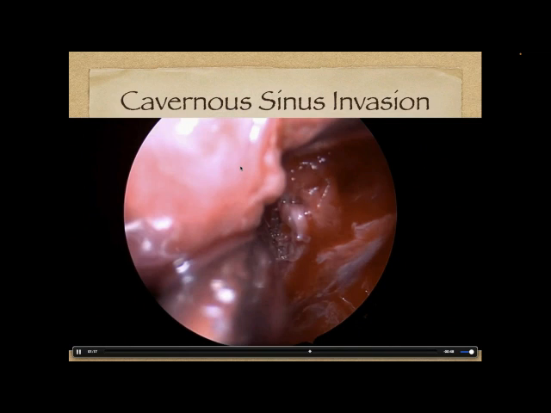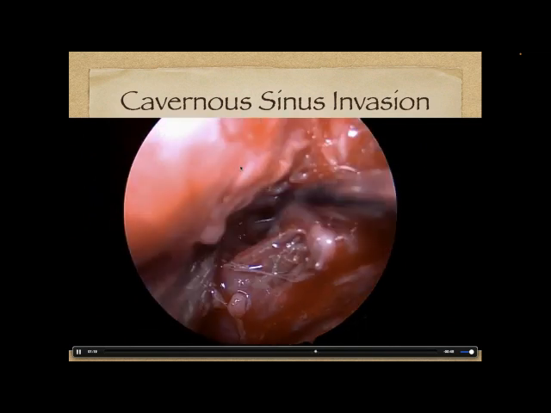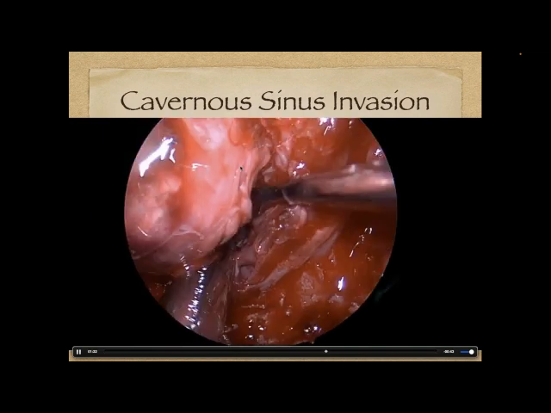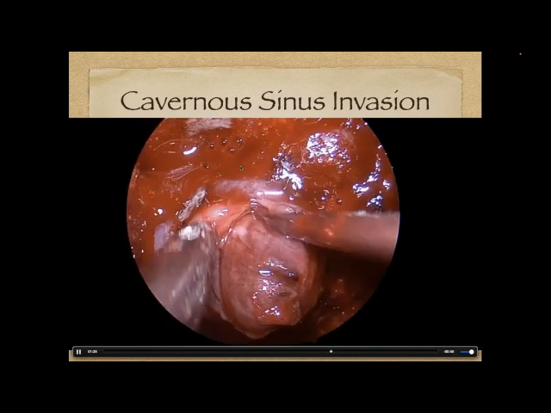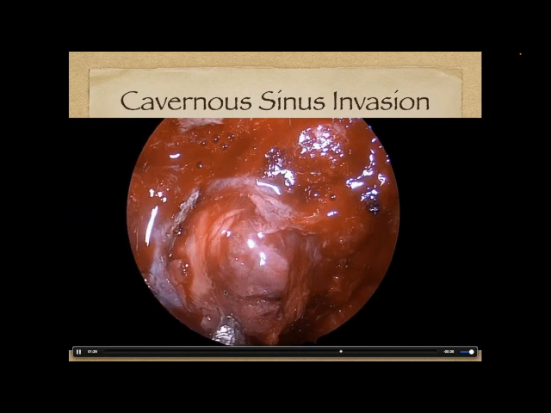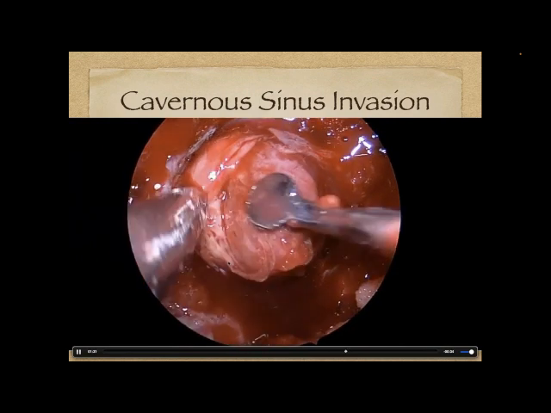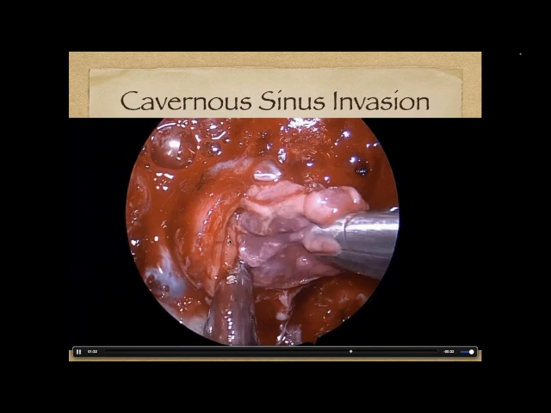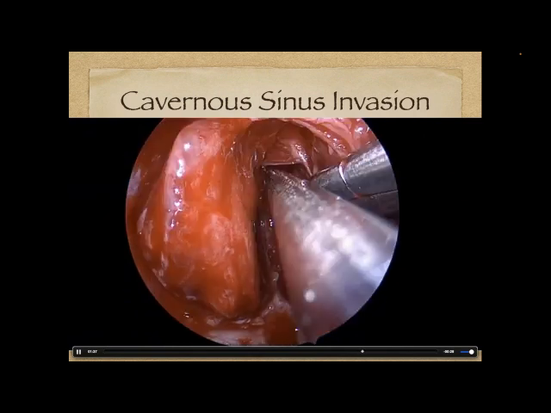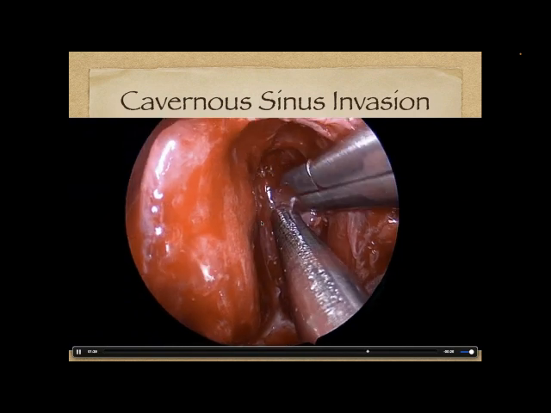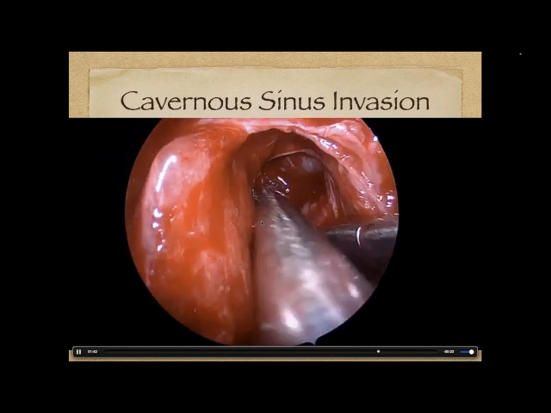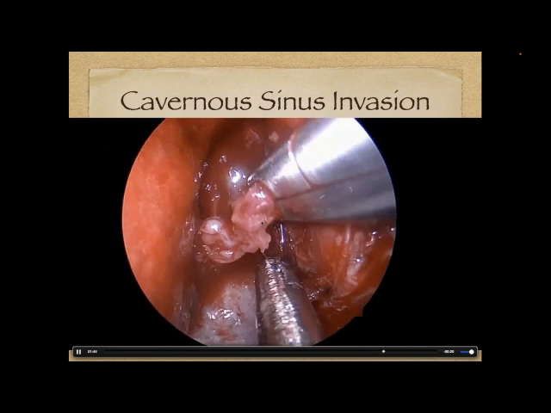And then dissect between the carotid artery, because it's been exposed. We can safely work next to it because we can see it. We're not hiding it and trying to work around it. And then on the other side, separate it from the pituitary gland. And you can see here, there's a subtle difference in the appearance and this yellowishness of the pituitary gland. And what we're removing is this grayish sort of bloody tumor that we peel out. And we like to take it out sometimes all together in one chunk,